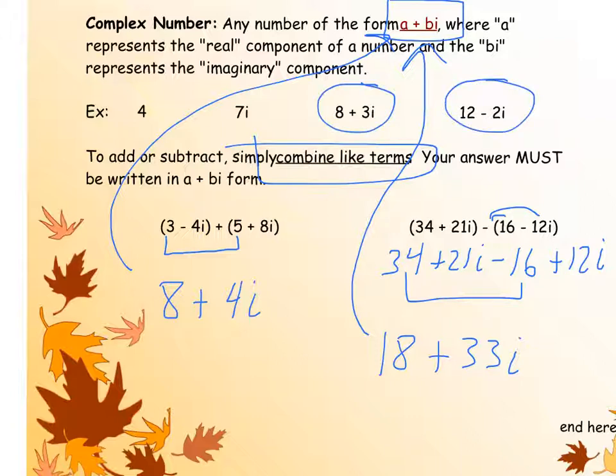Many times when we're doing operations with complex numbers, if we can get to that form, a plus bi, that's how we know that we're done simplifying, because there's nothing more I can do at that point in time. The imaginary component cannot be added to the real component. Okay, they're two separate numbers from two separate number lines, one from the real number line and one from the imaginary. Okay? Well, I think that is all for day 1 of